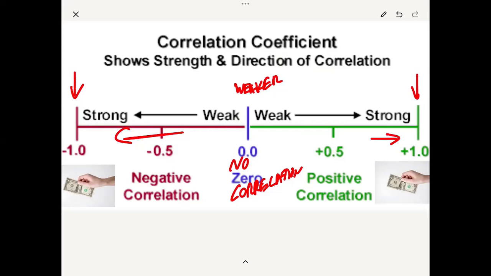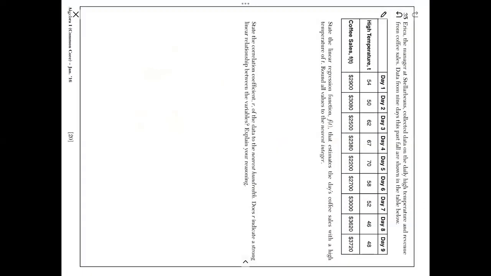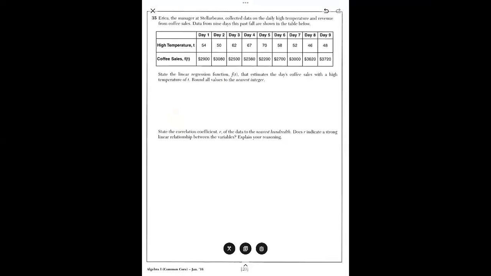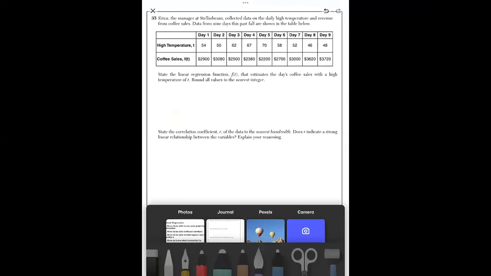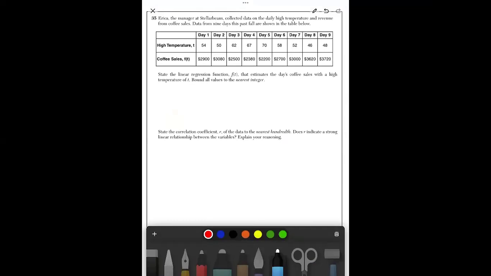So let's go. Now, here is a question from the January 2016 Regents exam. I'm going to read it, and then we're going to do it together. It says, Erica is the manager of Stellar Beans. She's collected data on the daily high temperature and revenue from coffee sales. She's collected data from 9 days this past fall, and it's shown in the table below. So you see temperature and you see coffee sales. We've already talked about this. Temperature and coffee sales are going to be a negative correlation because they work in opposite